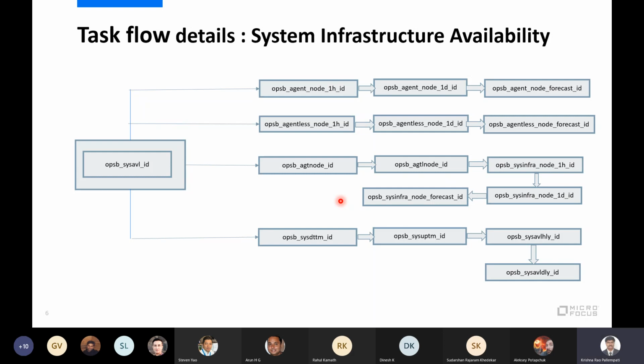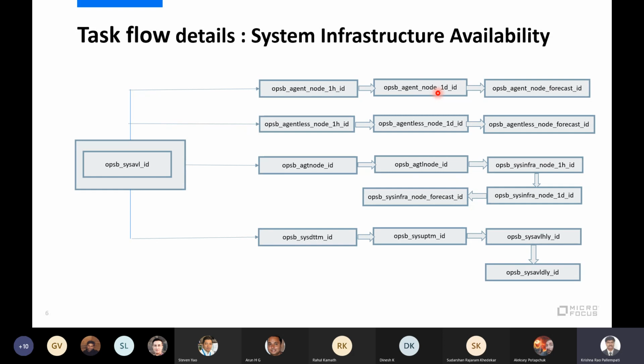That is the information we will give in a task, and under task flow orchestration we will mention that 1D is dependent on here. My source for this one is this table, and my destination is another forecast table. So this flow we will mention in my task flow.